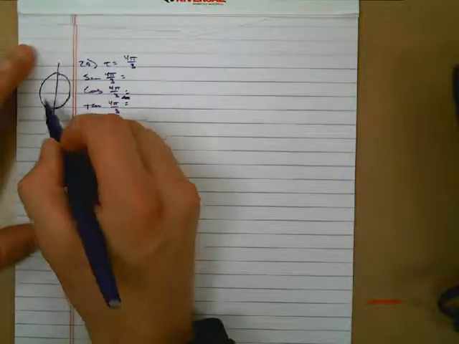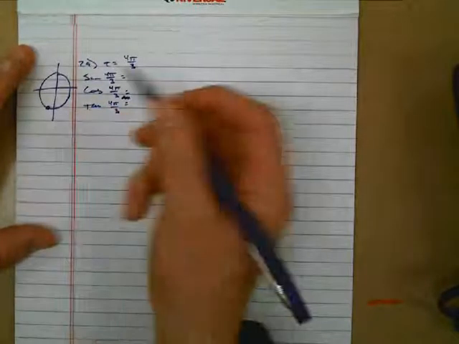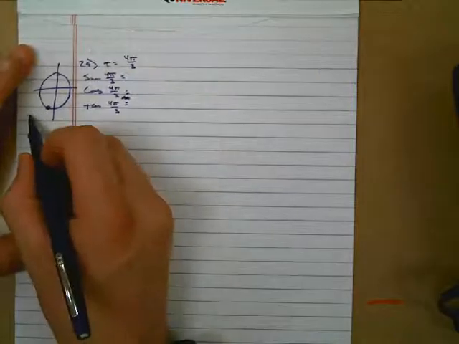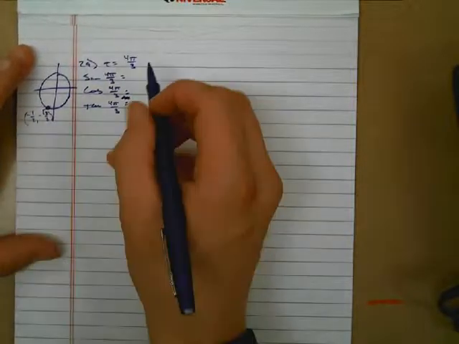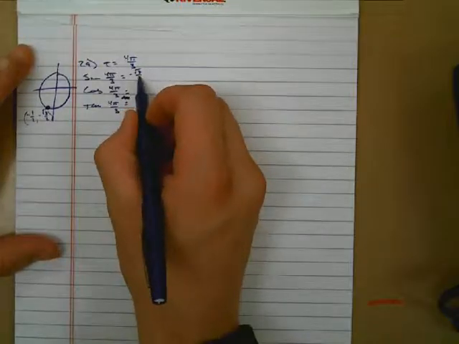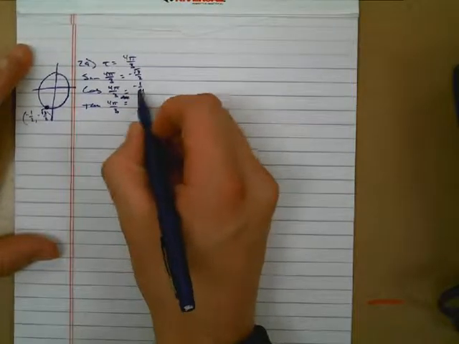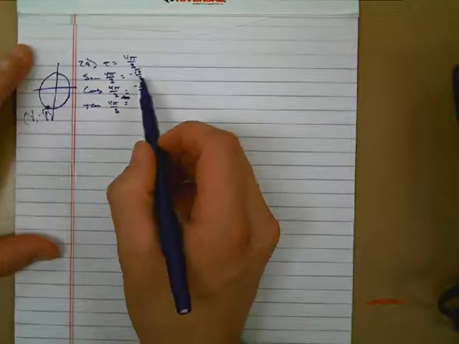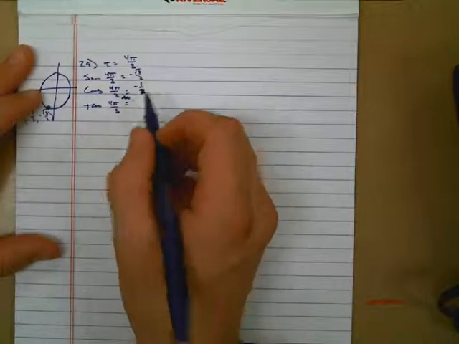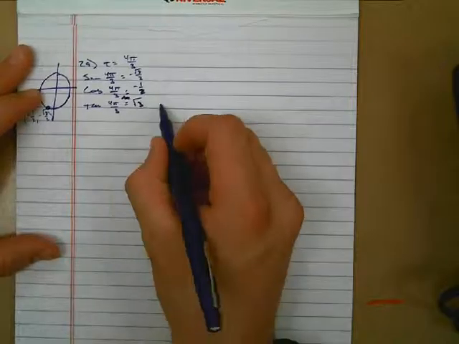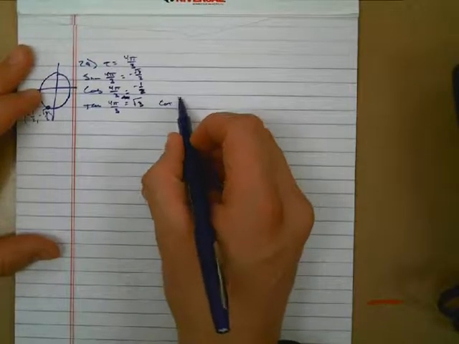So 4 pi over 3, located here. The coordinate there is negative 1/2, negative root 3 over 2. So y is sine, x is cosine. Oops, it's a 2. Y over x, or sine over cosine, the common denominators will drop out, the negatives will drop out, so it's positive root 3. So that allows me to then just find the cotangent by having the reciprocal of root 3, which is 1 over root 3,